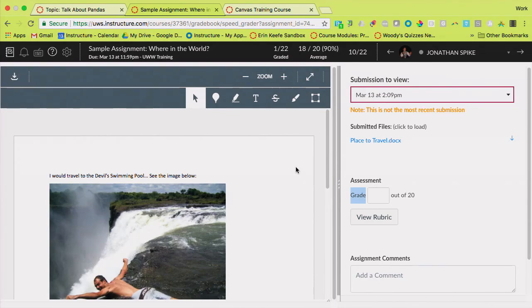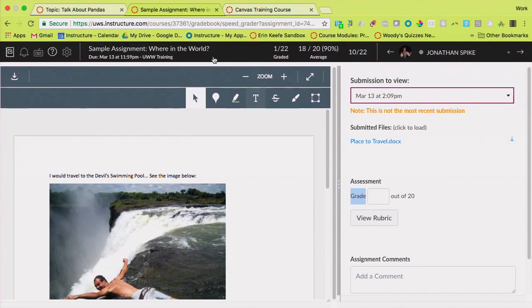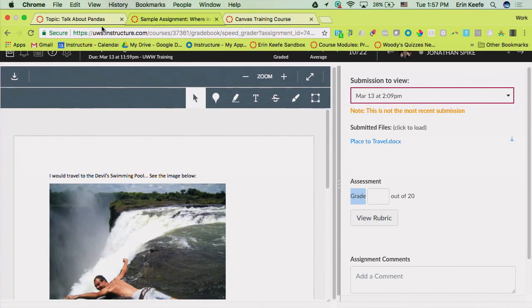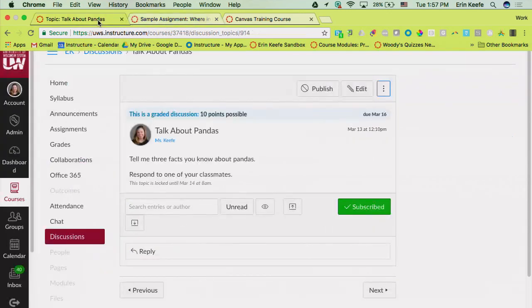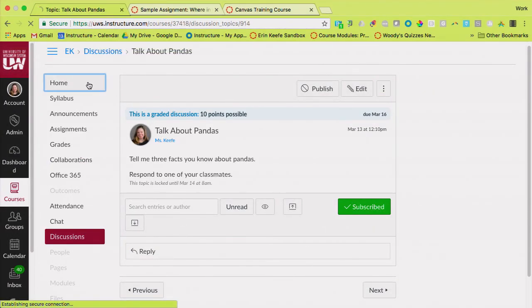So never in the SpeedGrader do you have to download any of these things in order to see them. You still can. You're always going to have that downloadability, and some instructors like to do it. I don't. I would rather just do it in here. But if you ever do want to download all of your student submissions, you're going to be able to do that. There's just not a need to anymore.